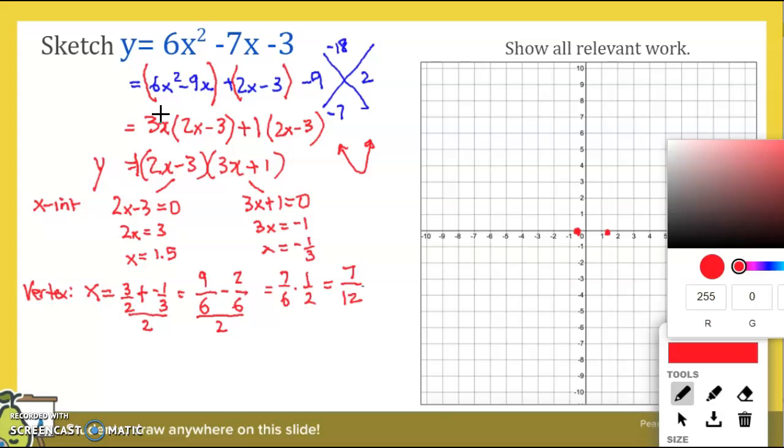So I know that the vertex x coordinate is going to be 7 over 12. If that is the case, what is the y value? When x is 7 over 12, what is the y value? Y is going to be 6. I am going to use the factored form because it's usually a little easier calculation. So 2 times 7 over 12. That's going to be 7 over 6 minus 3 multiplied by 3 times 7 over 12. That's going to be